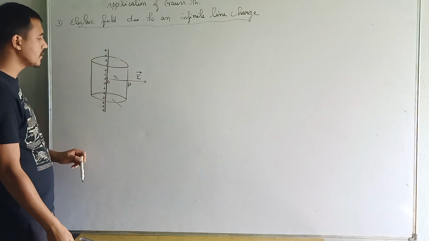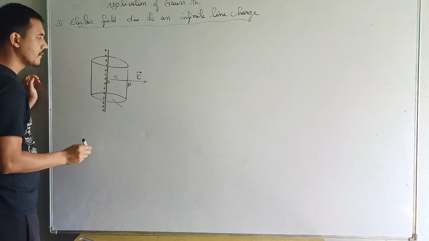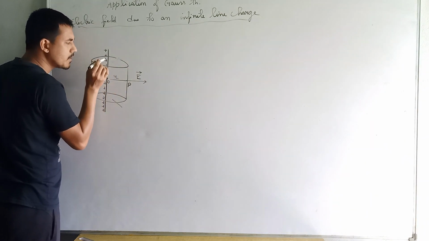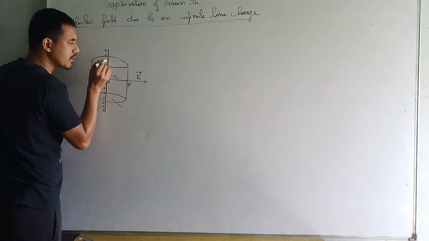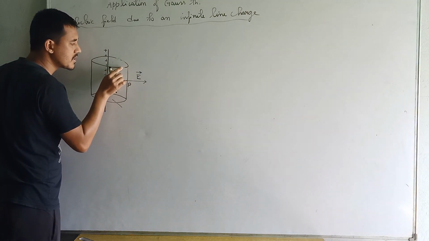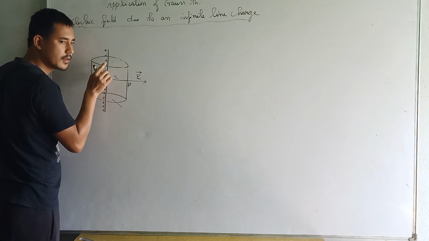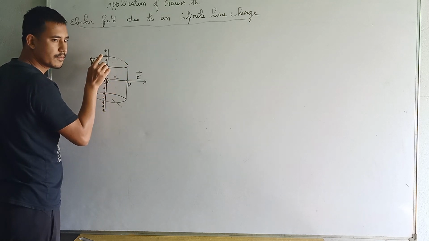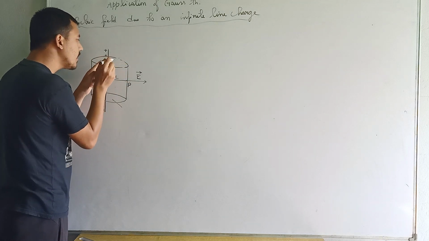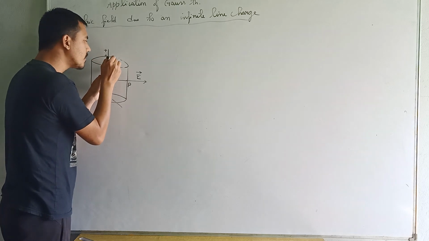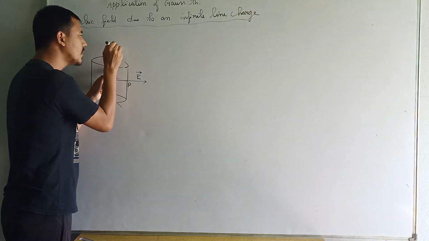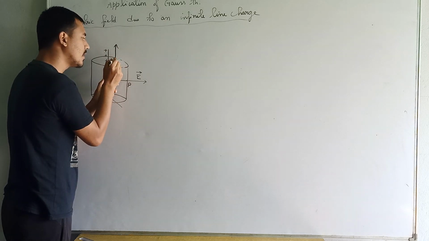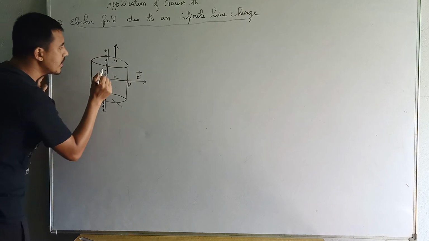Okay. Now see, what will be the direction of the electric field over this area of cross section of the cylinder? No. Area vector. What is the area vector's direction? It will be directed radially upwards, perpendicularly upwards, right? It will be directed perpendicularly upwards. No? And the electric field